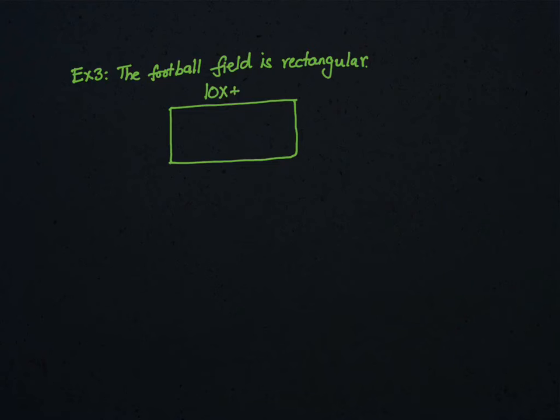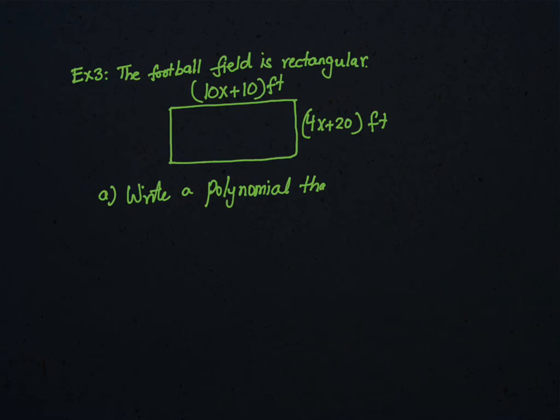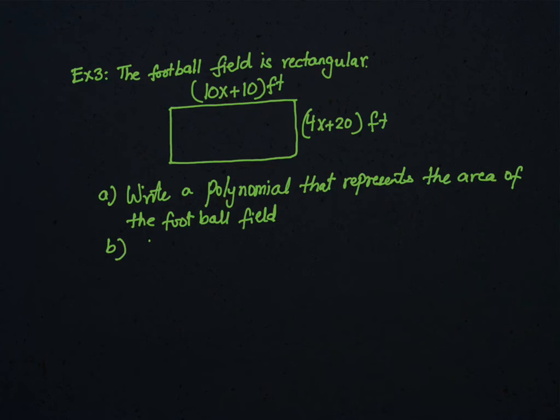So the length is given to you as 10x plus 10, and then the width is given to you as 4x plus 20. So the question is, write a polynomial that represents the area for the football field. And the next one is,